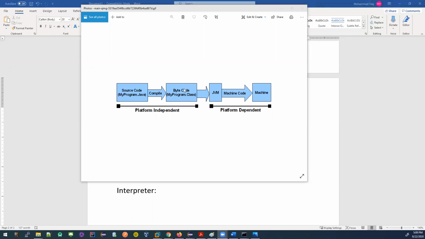When it reads it, again, it takes the instructions and converts them to something that the actual machine, the actual hardware, can understand. Now in this phase, the interpreter works. Here is the compiler, here is the interpreter.